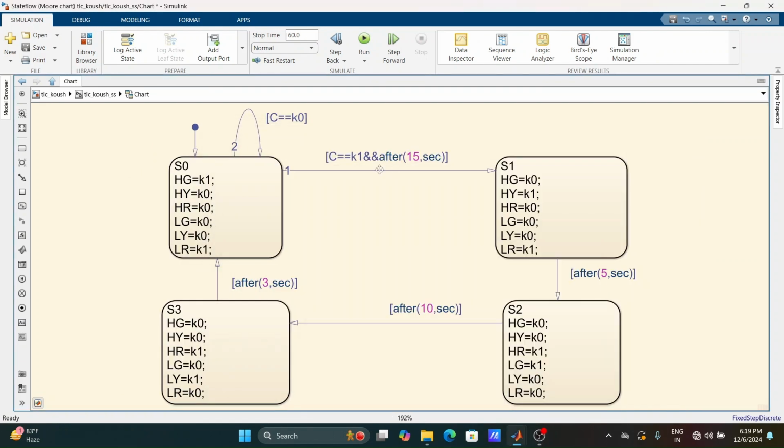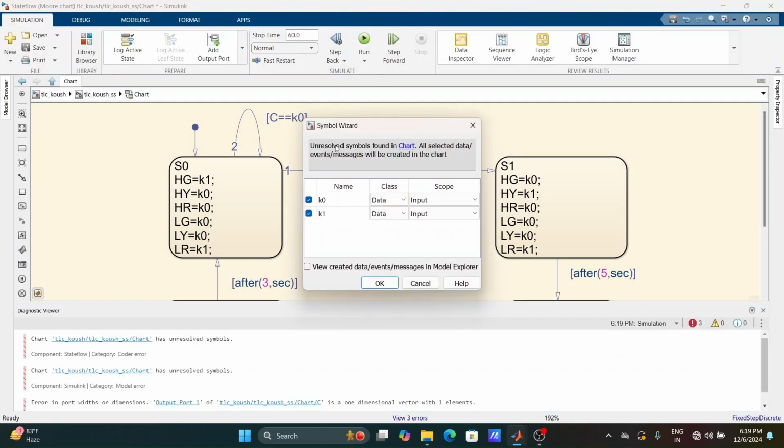So now I went to the chart, and wherever there was 0, I declared it to be a variable k0. And wherever there was 1, I declared it to be a variable k1. So this became K1, K0, K0, K0, K0, K1. This became K0, K1, K0, K0, K0, K1. And here also K1 and here also K0. So K0 and K1 are now the two variables. So if we run this,